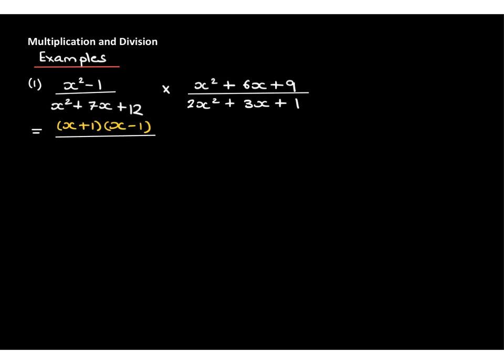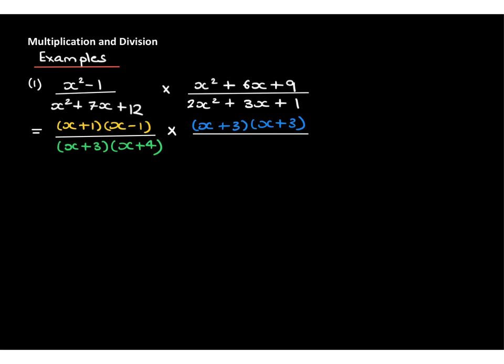And the denominator factorises to give us x plus 3, x plus 4, and we're multiplying by, in the numerator, x plus 3, x plus 3,